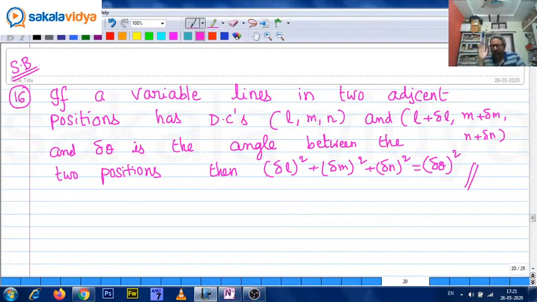Whatever mathematics you study at intermediate level will be useful for your classes. Even if you go for any post-graduation course or BTech course, this will be very useful to you. Understood now? How many marks? It may be 1 to 2 marks, but we need to discuss it. Even 1 mark is very important for us, so we should not leave a single mark. Even mathematical induction. Last time, applications of DCs and DRs: this comes under vector algebra itself. The 3D can be dealt with the help of vectors also.